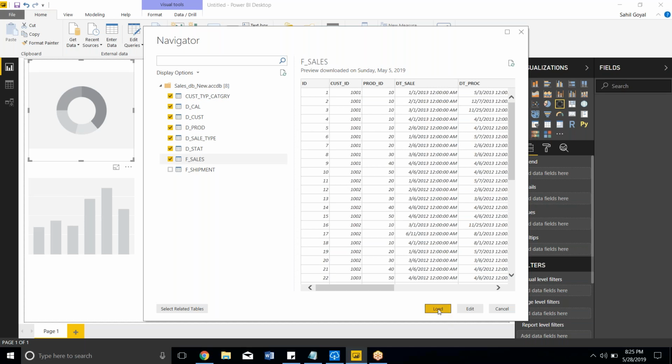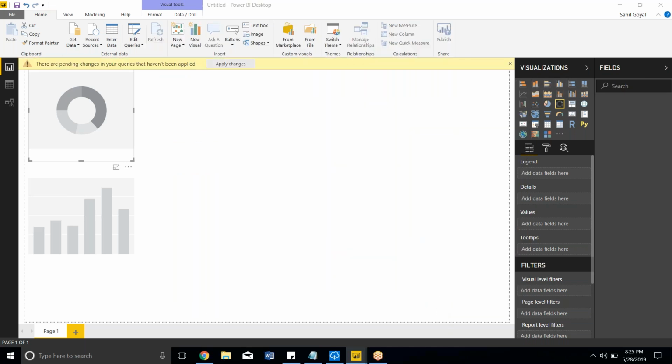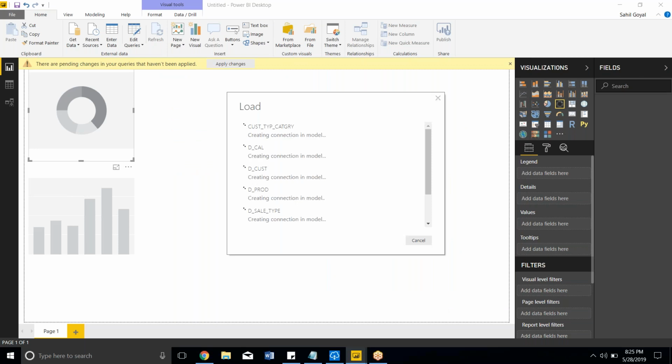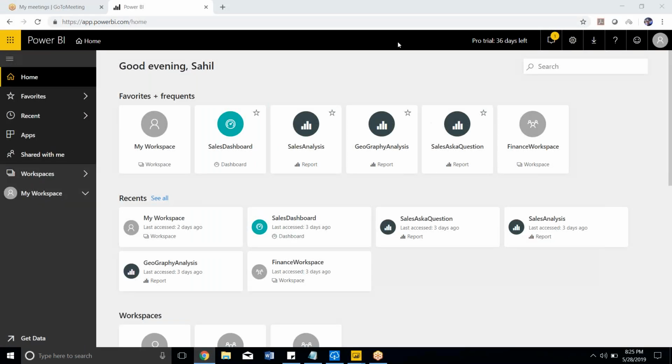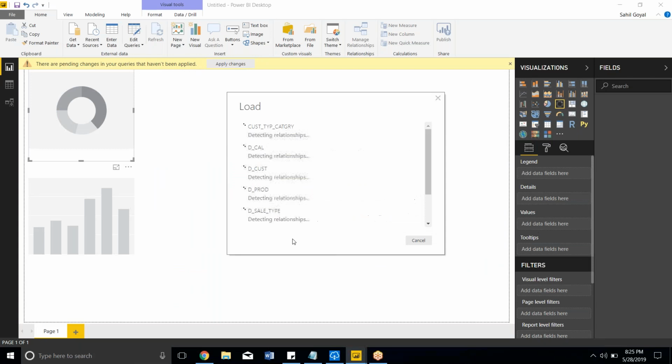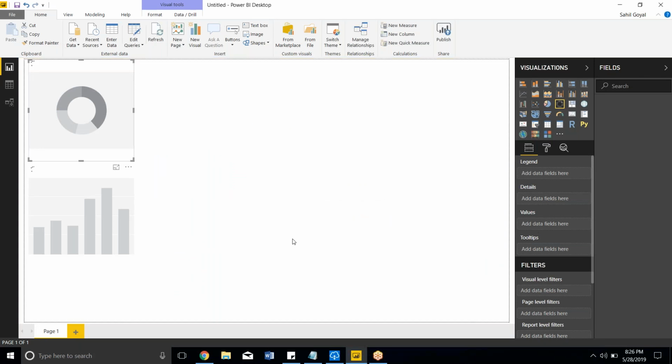Right. So once you click on load, if you'll see here, the data is loading. When I'm saying the data is loading, Power BI will actually load the data as well into the report, and then with the data only, we will publish it to our Power BI cloud service. Okay, so every time there is any new data, we have to refresh our report from here as well, using Power BI Desktop,